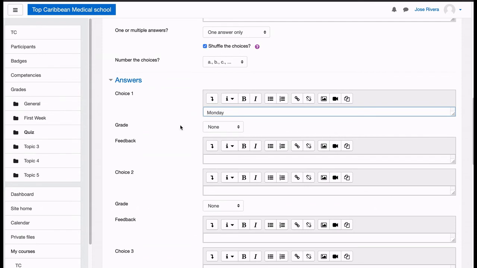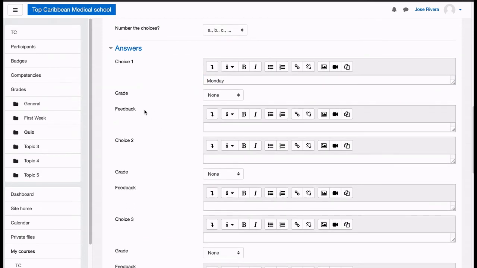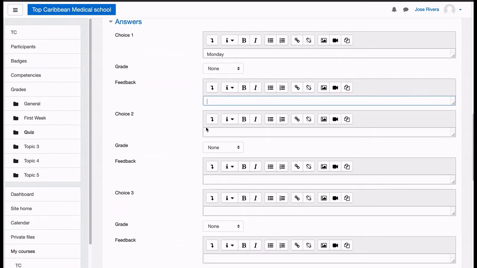Monday, first day of the week. I can add the feedback. When they answer the question, the system will show this feedback to the student. Choice 2, let's say